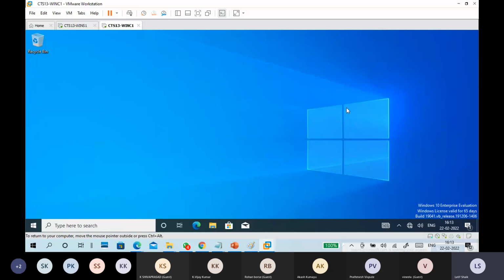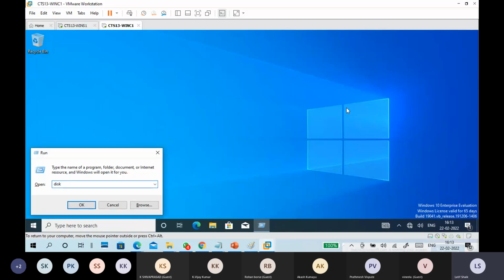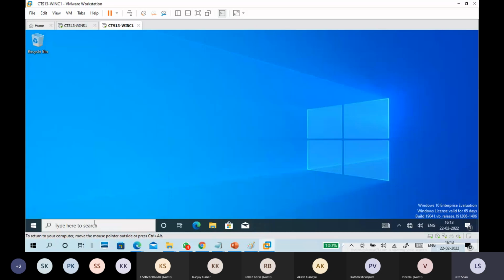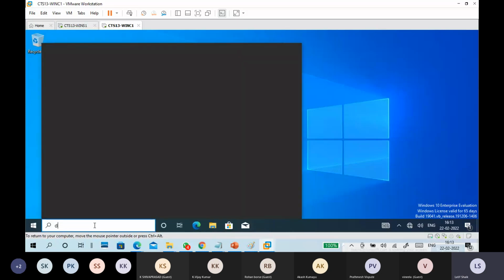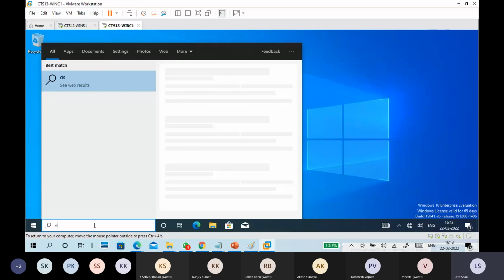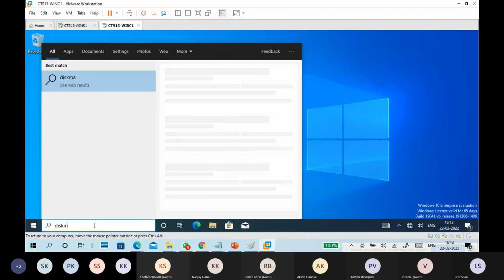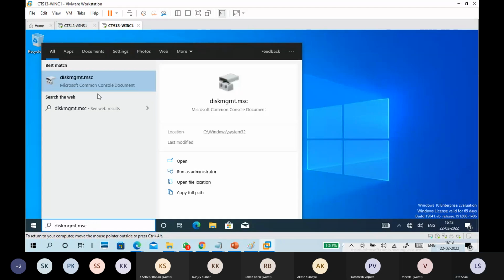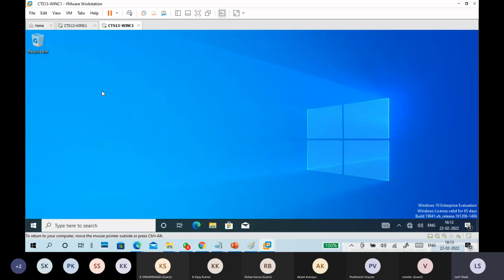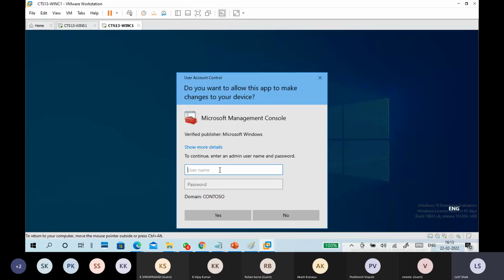Before going to that, guys, I'm going to show you the disk. Disk management, diskmgmt.msc, run as administrator, because we are in a domain client environment, right?